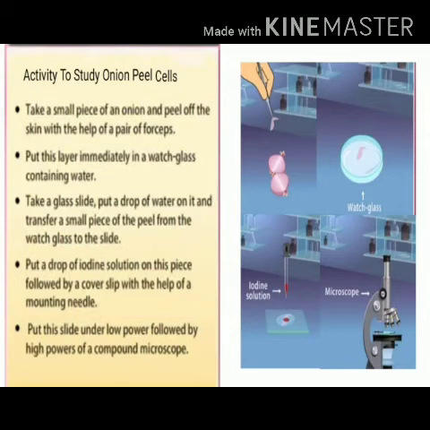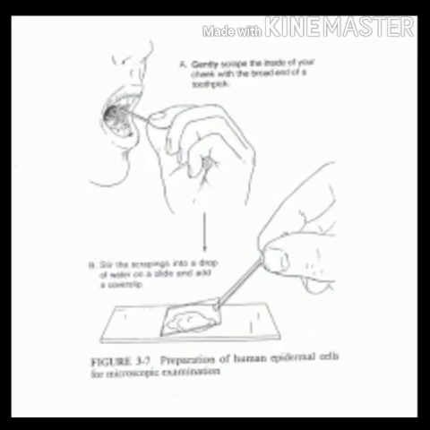Side by side, you have to prepare another slide for animal cell. Here we are going to prepare the human cheek cells. You have to take a toothpick and just scrape slightly from the inner surface of your cheek. Lightly you have to scratch your cheek. You won't have to damage it. Then take this toothpick and put it on a slide and a drop of water on it. Obviously the cheek cells will mix in the water.